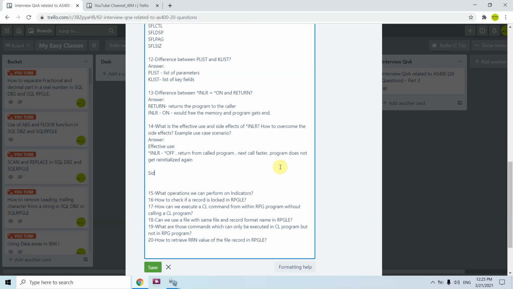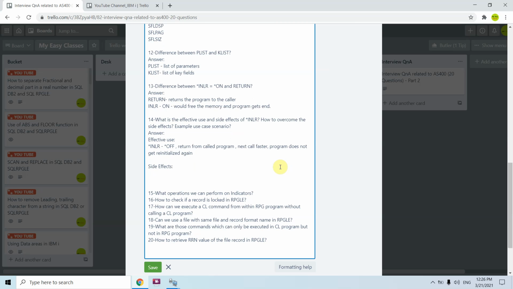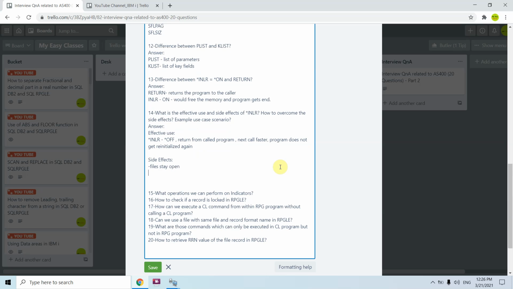If I would say side effects, what I would have told you: files stay open, variables keep their values between calls. So you need to explicitly reinitialize them.